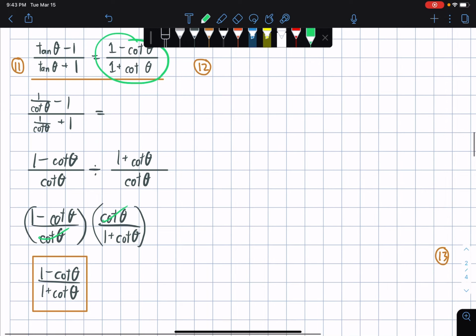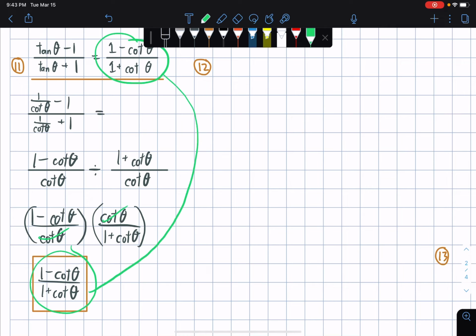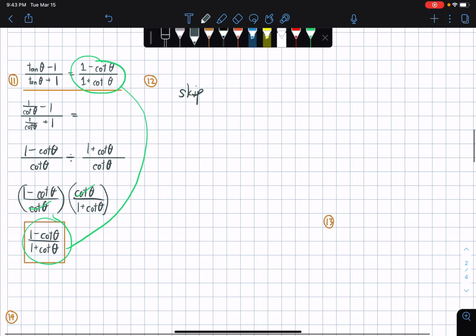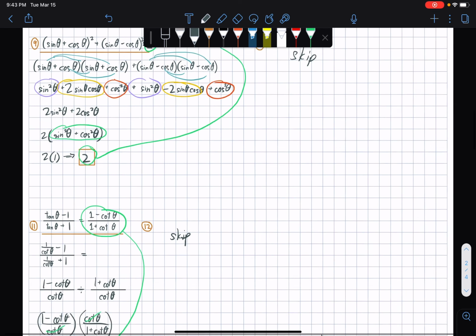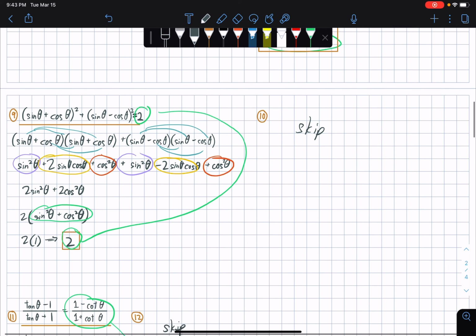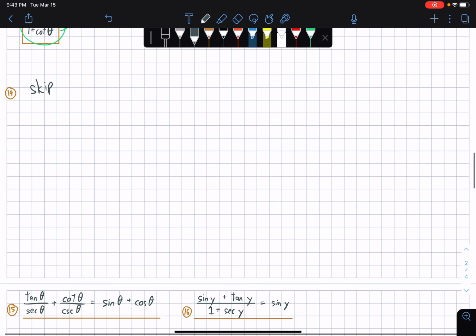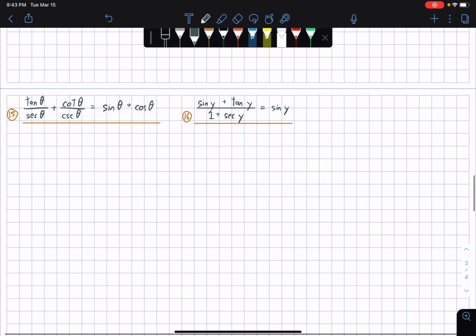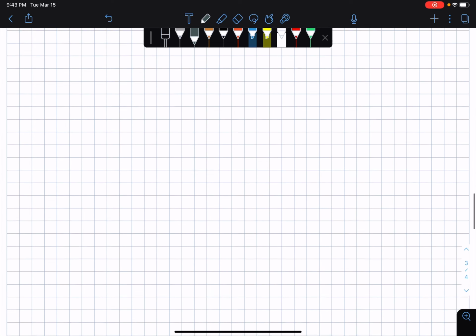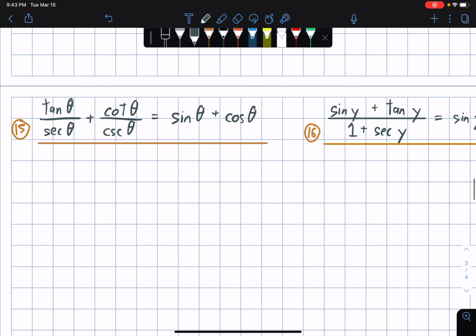So 1 minus cot theta over 1 plus cot theta, they're verified already. For number 12, we'll skip. For number 13, skip as well. 14, skip as well. Don't worry, at least we're able to answer other problems that are quite lengthy and complicated. It's just those problems are beyond my ability to solve. So yeah. For number 15,